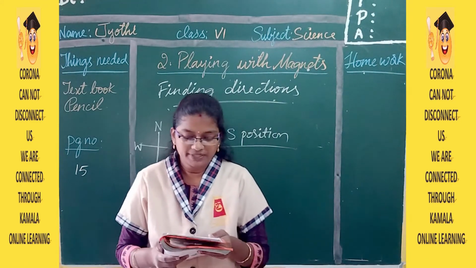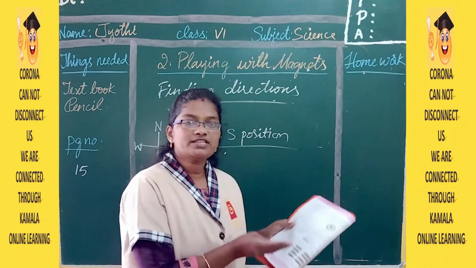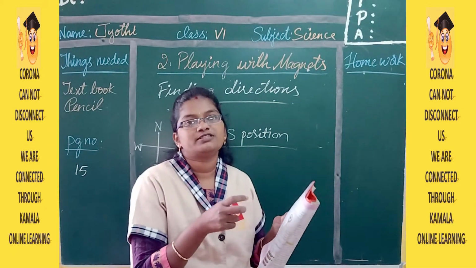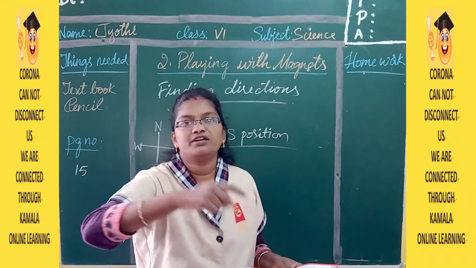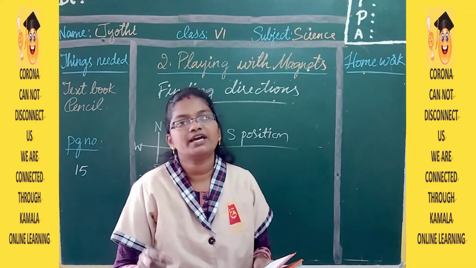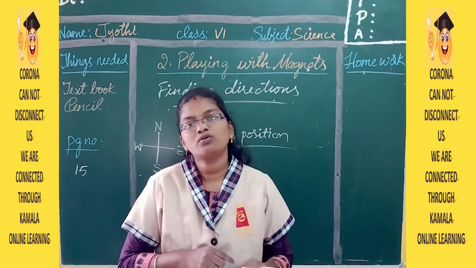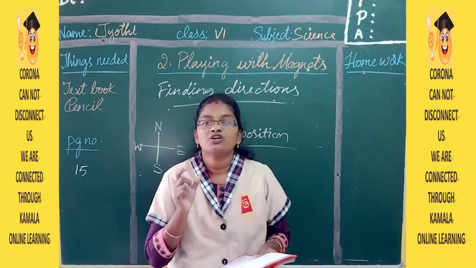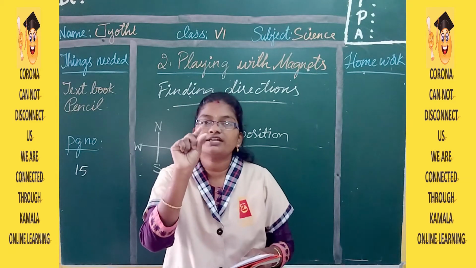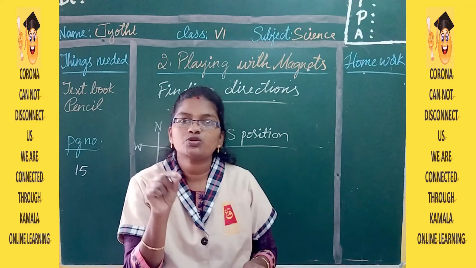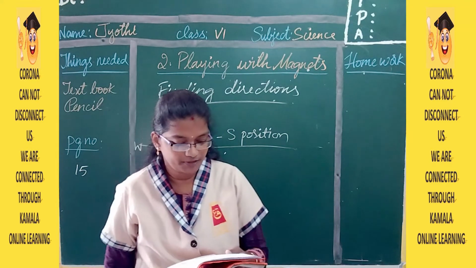So repeat this experiment at another place and what do you observe? Now if you do this experiment in the hall, same stand, everything, you take to a kitchen or your garden or somewhere and just repeat the experiment. So what are you going to observe in that experiment? To which side the magnet is moving, to which side the red color part is showing. These things you have to observe and note down on a paper.